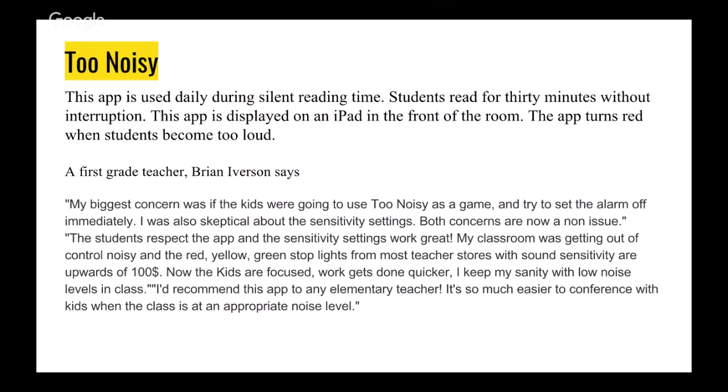confidentiality. So last we have Too Noisy, which is an app that is used during silent reading. Students read for 30 minutes without interruption, and the app will be displayed on the iPad in the front of the room. The app then will turn red when the students become too loud. So the teacher would just have the application open in the front while students will silently read or do an